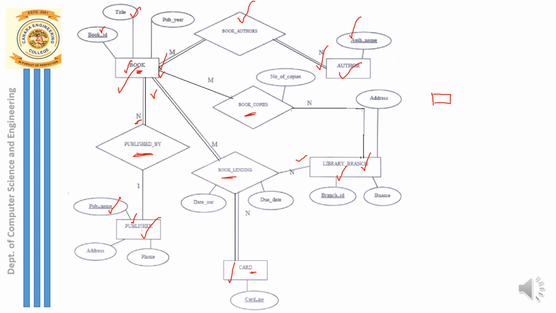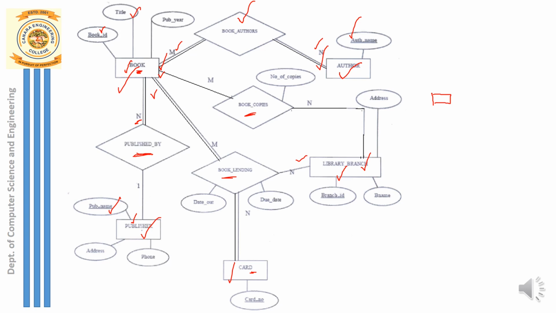What about this book and author ratio? See, one book can be written by multiple authors, like your Computer Networks, if I'm taking, that has two authors. What about the author side? One author can also write multiple books. So your Navate can write the DBMS book also. He has written the DBMS book, as well as several other books, maybe related to database only. So one author can write multiple books. So the ratio here that we have taken is M:n. That is nothing but our M:n relationship between book and author.